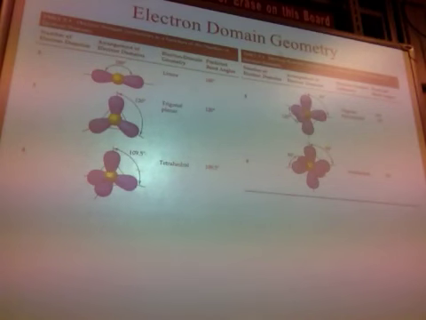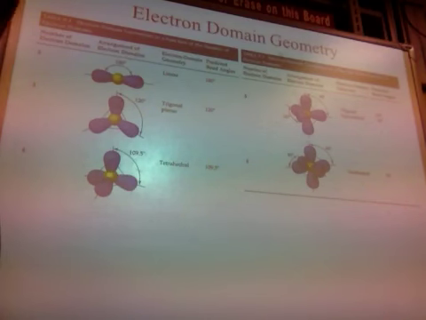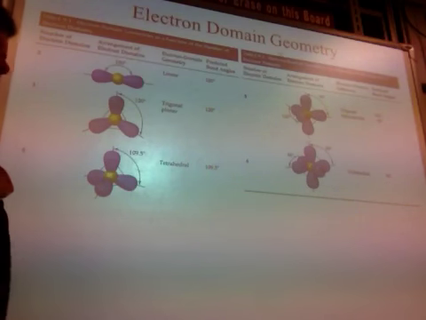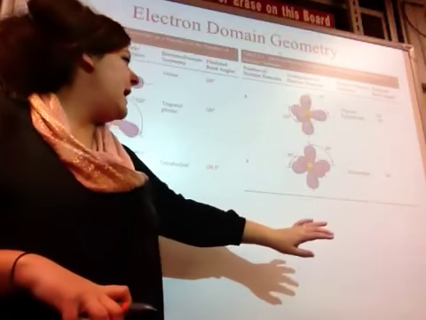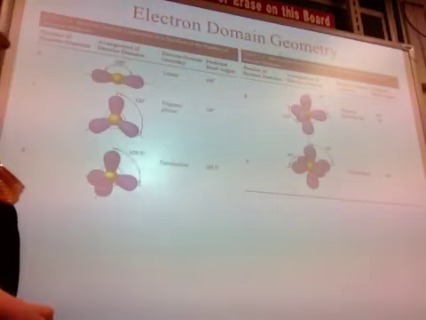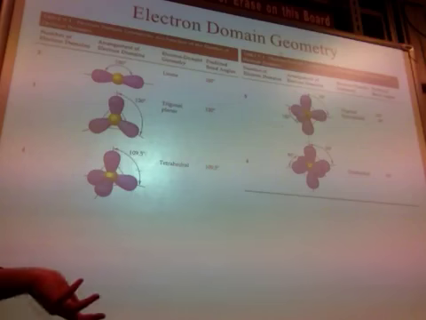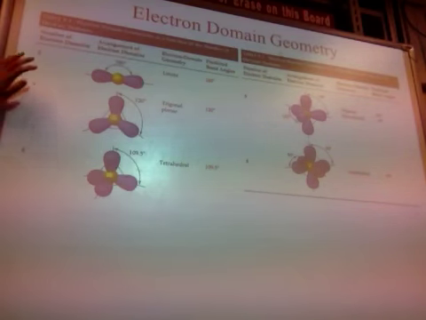Guys, the last one is the one that has 6 electron domains, and that's called octahedral, which, if it has 6, you know, octa means 8, so I don't really know why I call it octahedral. But anyway, 6 electron domains, it's called octahedral, and if we look, there's 90 degrees between surrounding atoms. Now, like we said, this is just a very major category. So the electron domain geometry can just tell me how many electron domains